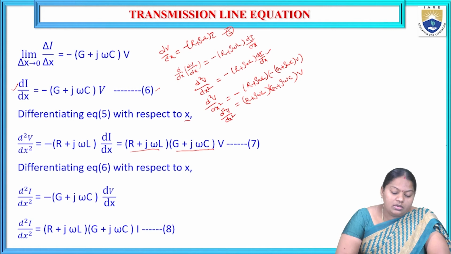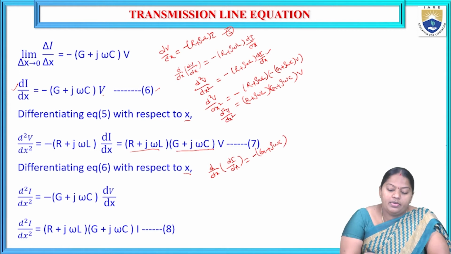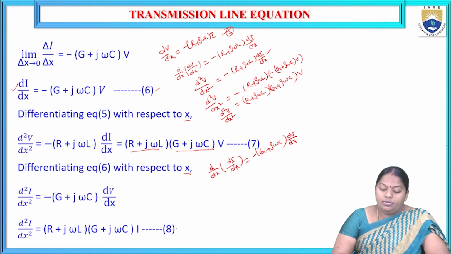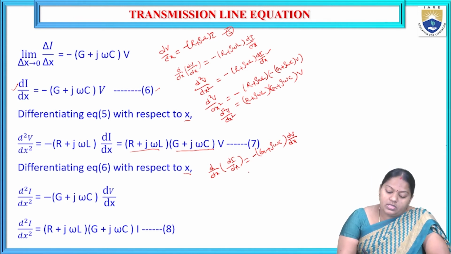Now differentiating that with respect to x, already v is there, so it will become dv by dx, which is nothing but d by dx of di by dx, that is d square I by dx square equal to minus of g plus